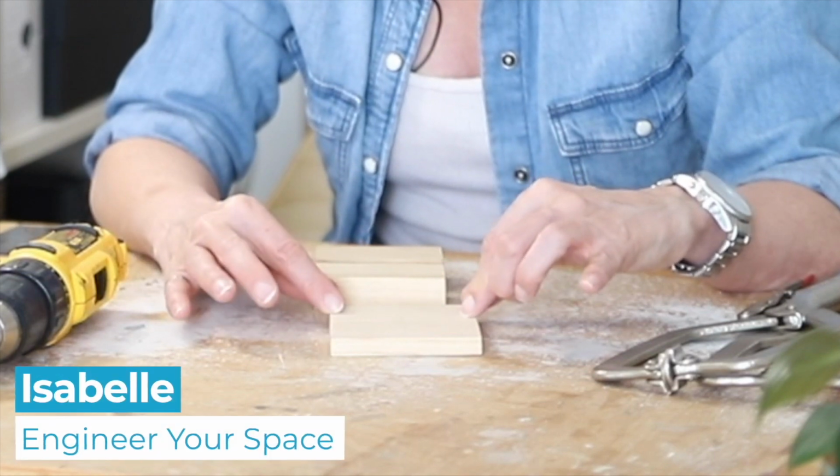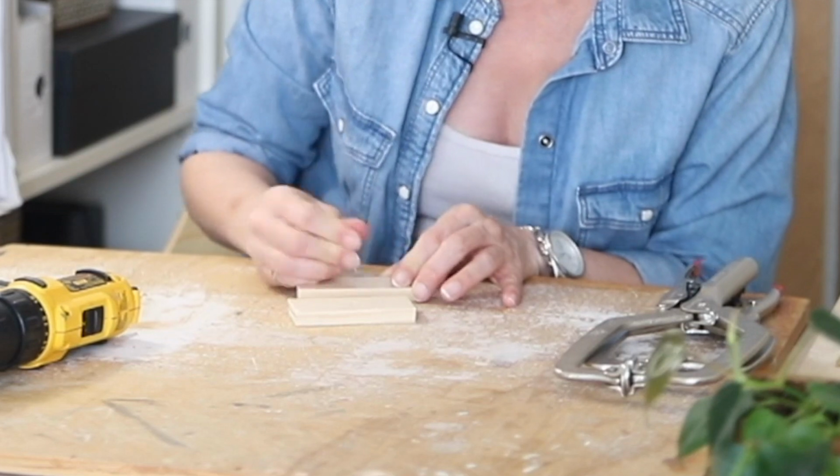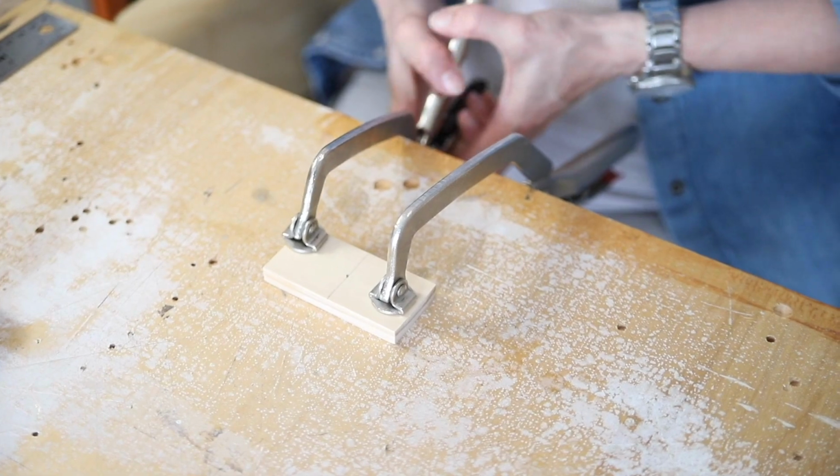To start off, the first thing you need are some pieces of wood. Mark the center where I want to drill with a nail. Next, you want to clamp one of the thin pieces to your work surface, and then you're ready to drill